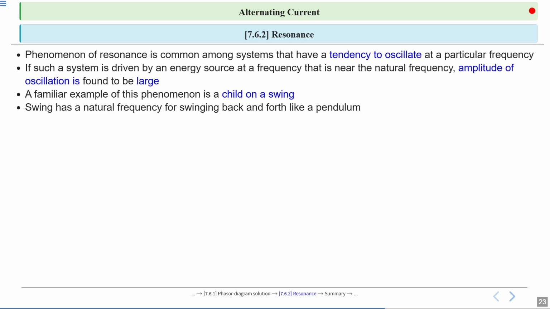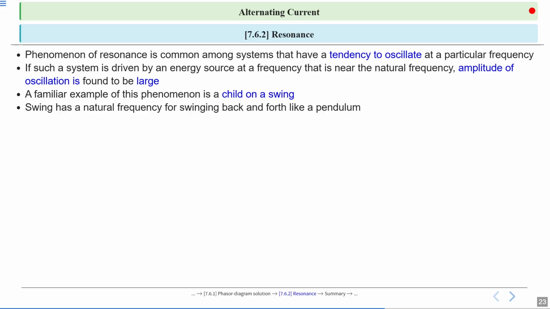So the child is pushing the swing at the same time when it is just about to go towards the mean position. So the frequency of the child pushing the swing and the natural frequency of the swing are matching. So the amplitude of the